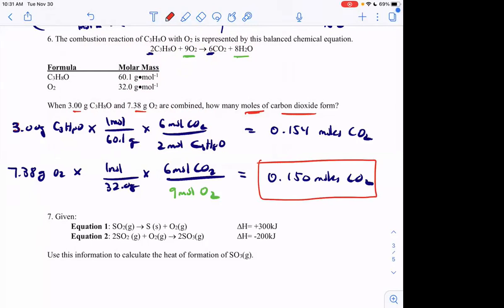So mass of A to moles of A, moles of A to moles of B, and then compare them. Take the one that's less, and that's your answer. Sometimes the questions will say, which is limiting and how much is produced? In this case,